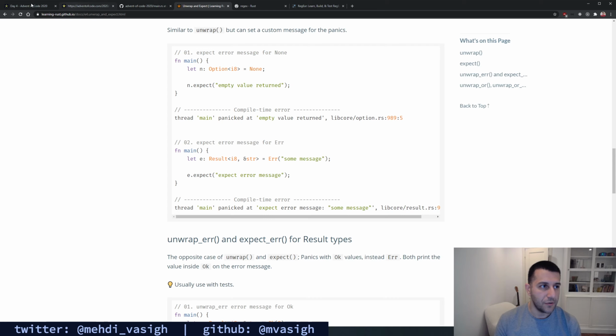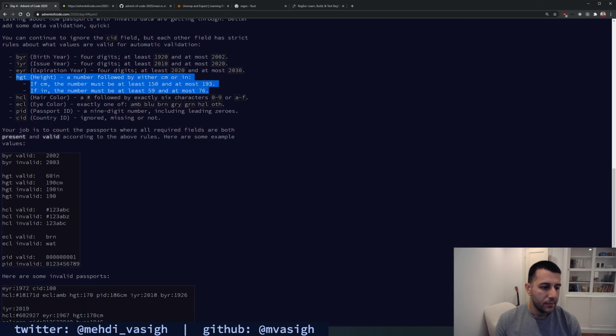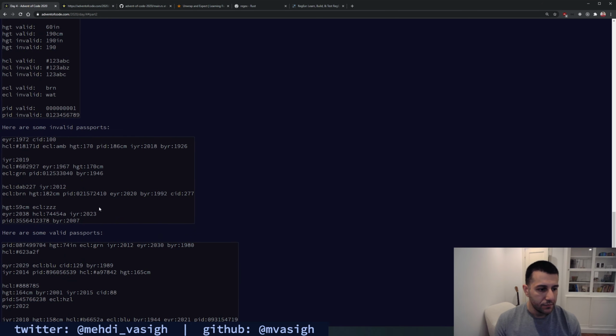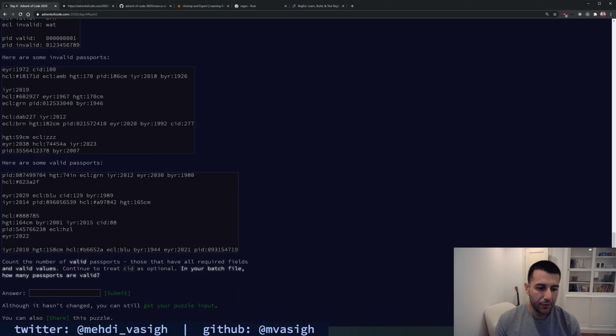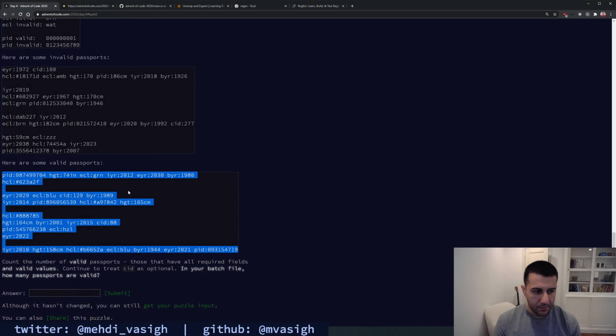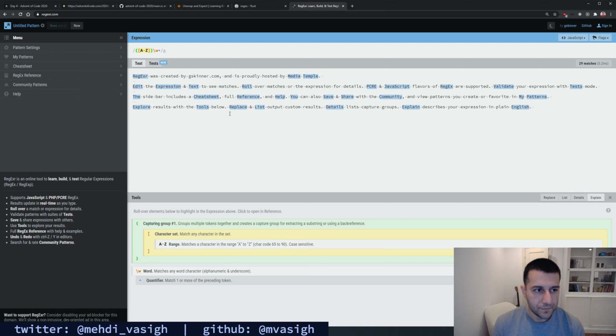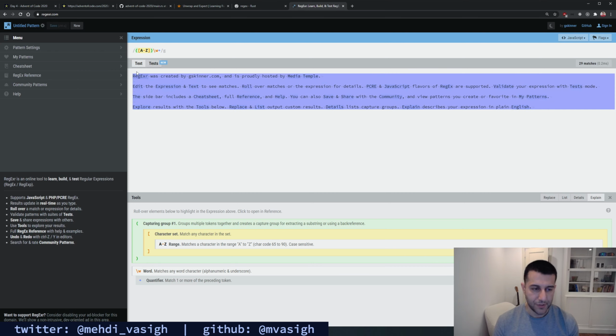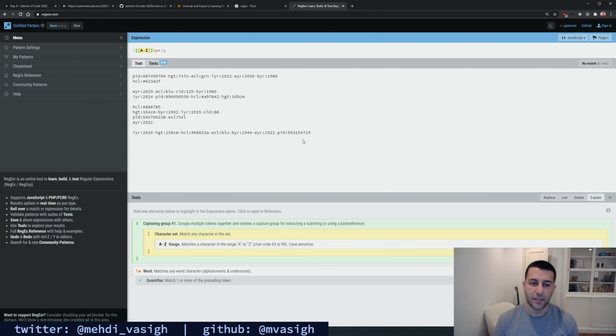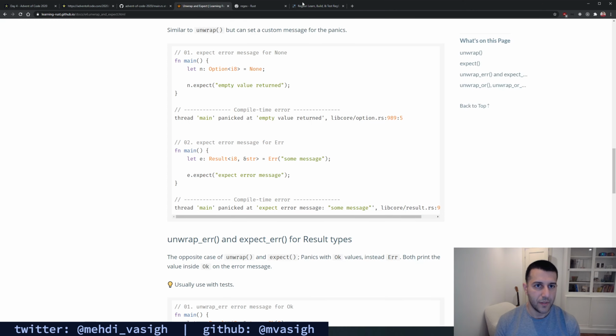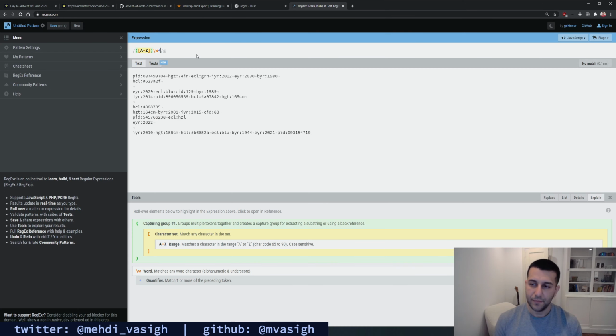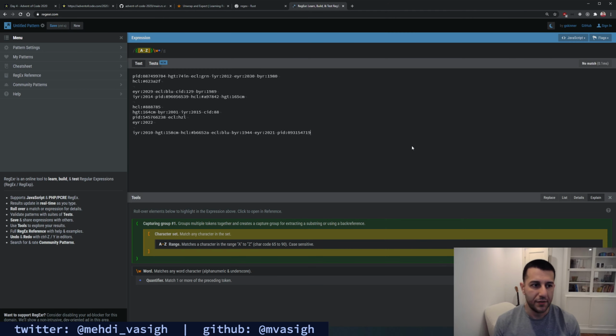So then what we can do is go over here, grab an example passport or a list of passports, and put it here. This is our raw text. Let's turn on dark mode just for better visibility. Yep. We're going to flip back and forth between this and our code editor to write regular expressions for each of our parts.